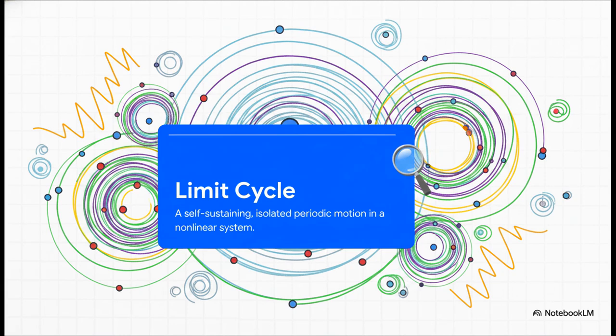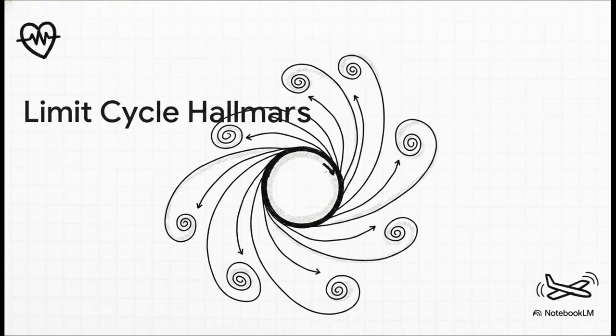And that beautiful, stable pattern we just saw, it has a name, a limit cycle. It's a signature of a nonlinear system. It's an oscillation that the system wants to be in. It just naturally settles into this rhythm all by itself. So the really crucial idea here is that a limit cycle is like a magnet. It's a closed loop that attracts all the nearby trajectories. And its size, its amplitude, doesn't depend on how the system started. That's a huge idea. The system has its own preferred rhythm it will always return to.